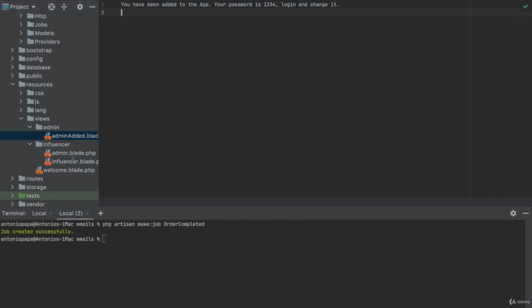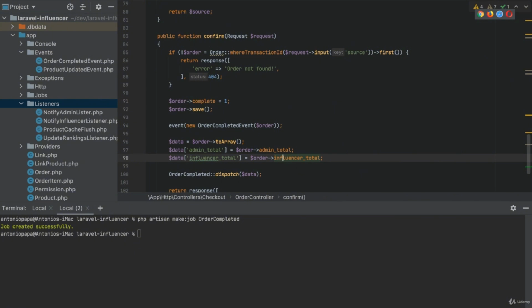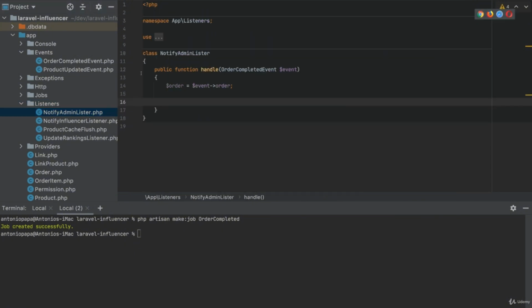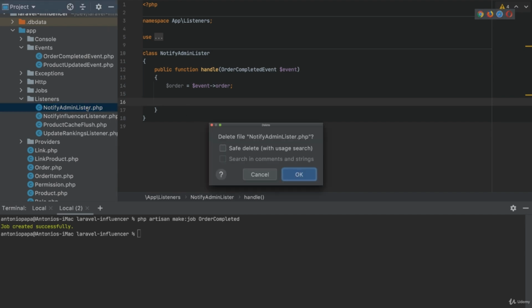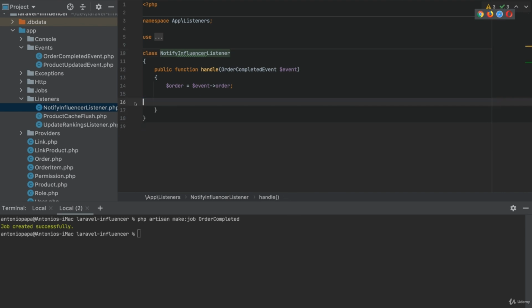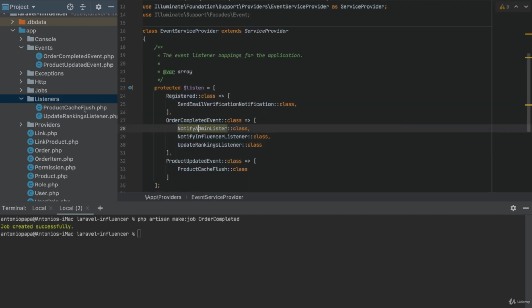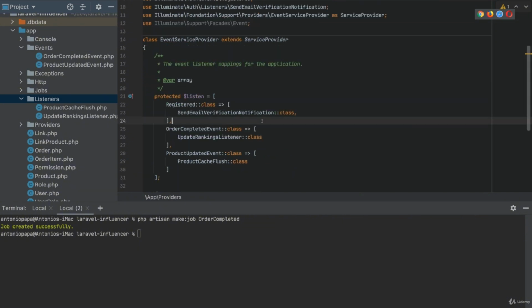Admin added event is really simple, so let's go back. We need also to remove this class, and also to cut this code and remove this class also. Remove also these classes, and